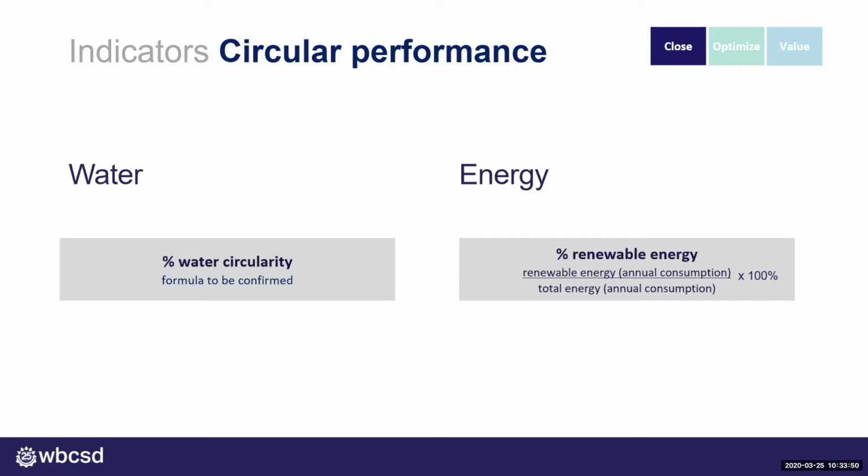The percentage renewable energy is the part of the energy used that is renewable. Renewable energy is important because the circular economy runs on renewable energy. However, it was decided to measure both energy and water in a separate indicator and not factor it in the percentage circularity. The reason is because these behave differently than the physical flows.